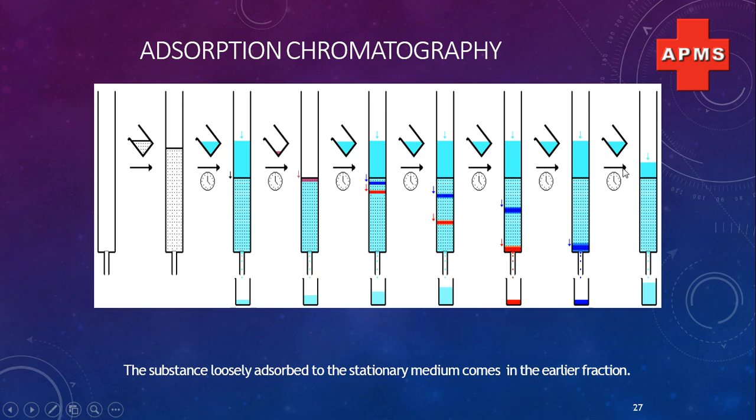Here we can see a column. This is a blank column which is filled with the stationary phase, silica gel or alumina gel. It is completely packed with this stationary phase. Now a solvent is running, which means we are conditioning or preparing the column. A perfect solvent mixture for our unknown sample is used. Now this run is ongoing. During this ongoing process we add our sample.